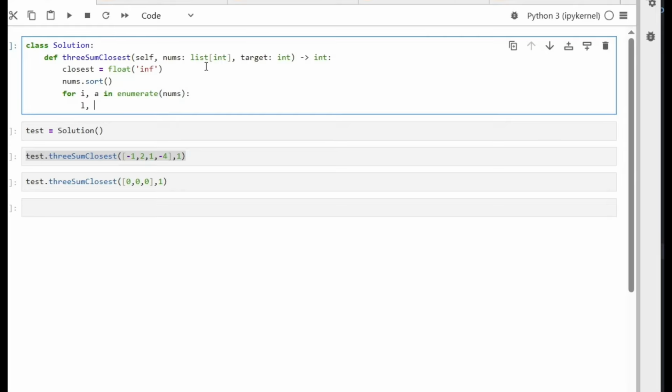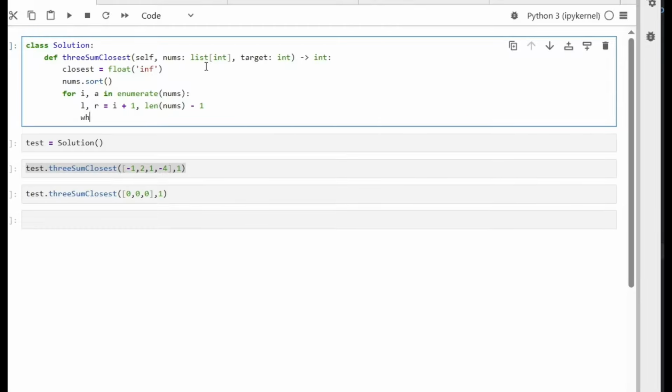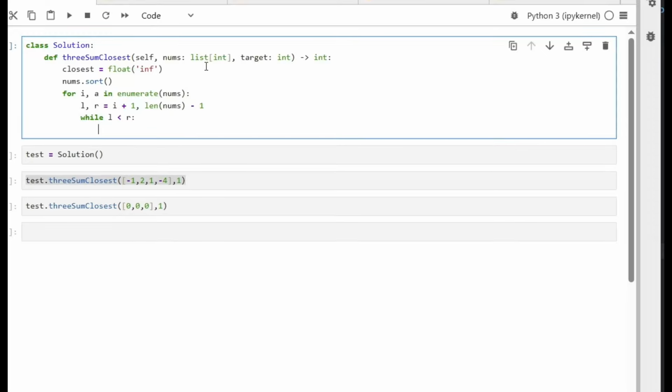Now we do the two sum operation. We pick left and right index, and left index will start after a, so it will start like i plus 1, and right index is the end of the list, so it's the length of nums minus 1. And we do another loop for the two sum. While left is smaller than right, we are still good, so we calculate the total, which is a, plus the b, which is nums of left, and plus c, which is nums of right. This is the total that we will compare